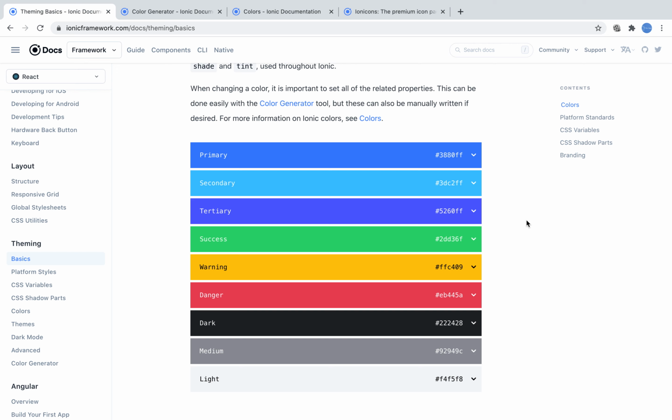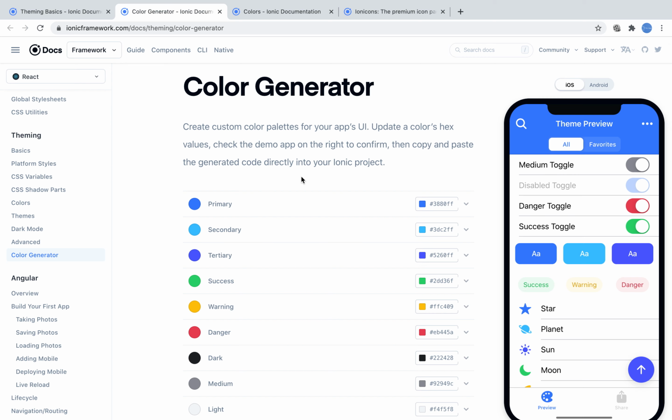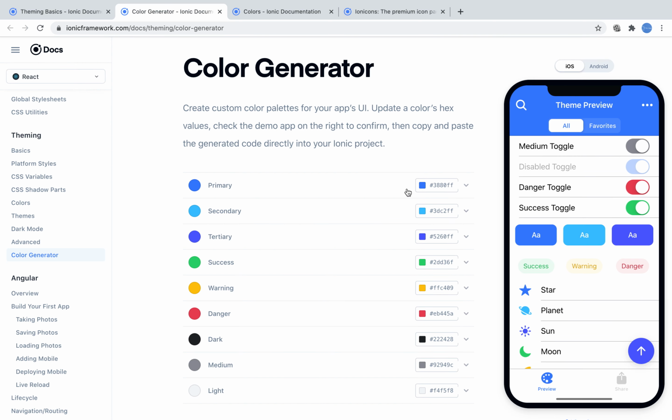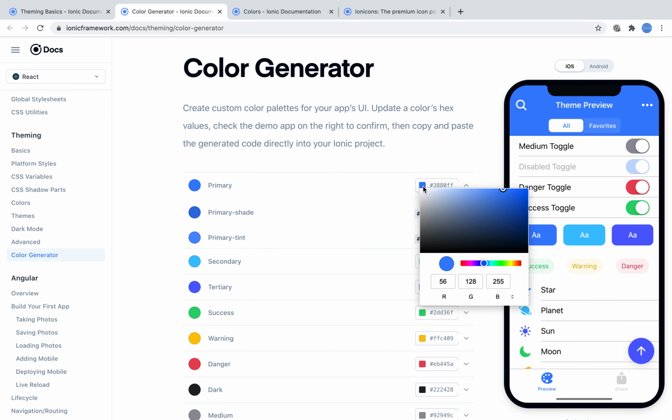The primary color is by default blue, and I want to change it. Simply, I can go to the color generator here, and whatever the primary color is inside it, I can change it. By default the primary color is blue. I can change this primary color to some other color.